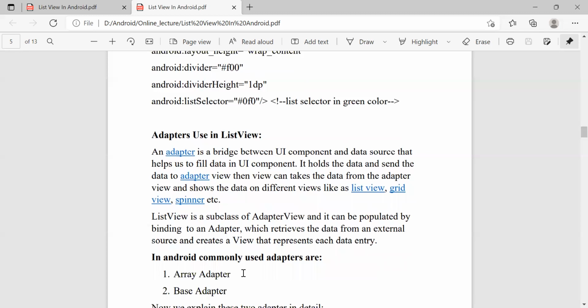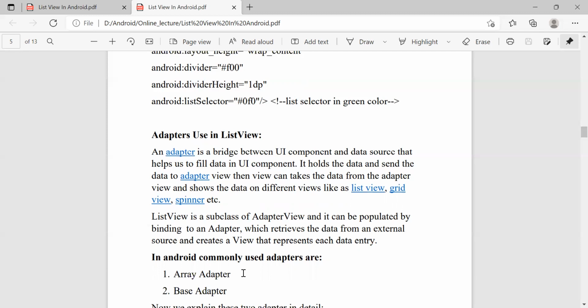It can be populated by binding to an adapter, which retrieves the data from an external source and creates the view that represents each data entry. So, list adapter. To populate items on the screen, the list view must require the adapter.